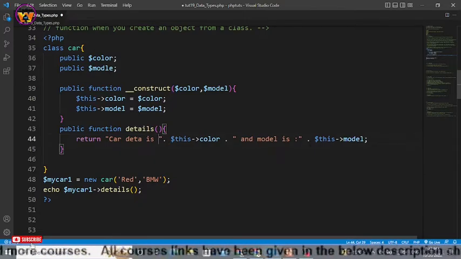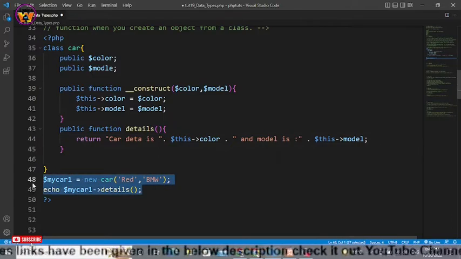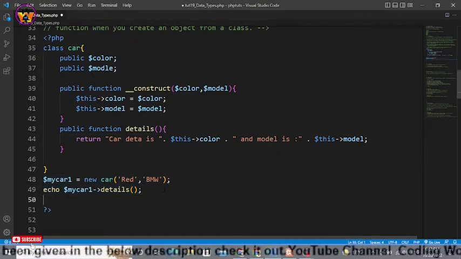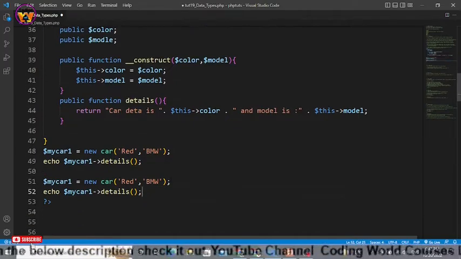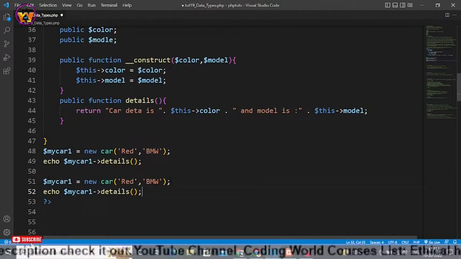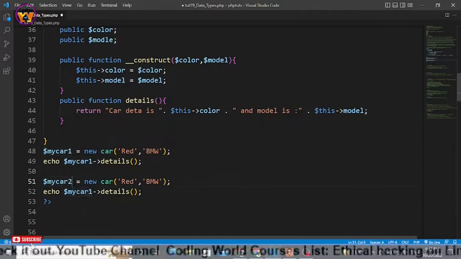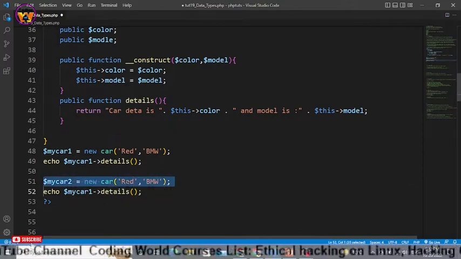This and model is this. Okay, now what I will do, I will just copy paste this thing and I will create another object because now this is my template and I can do a lot of things. So let me give it a name, this time 2, and the color will be, let's say,